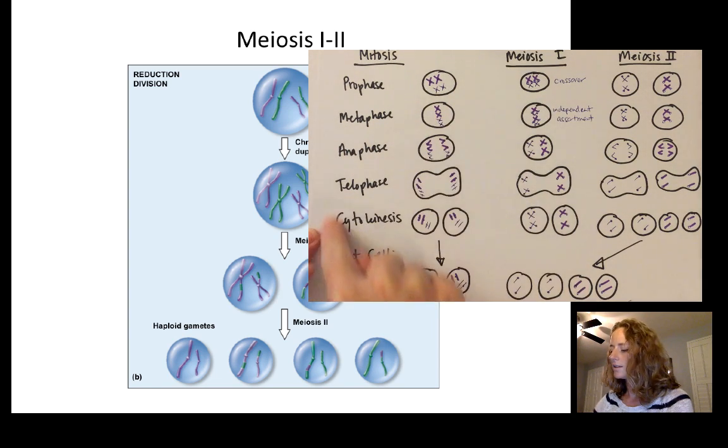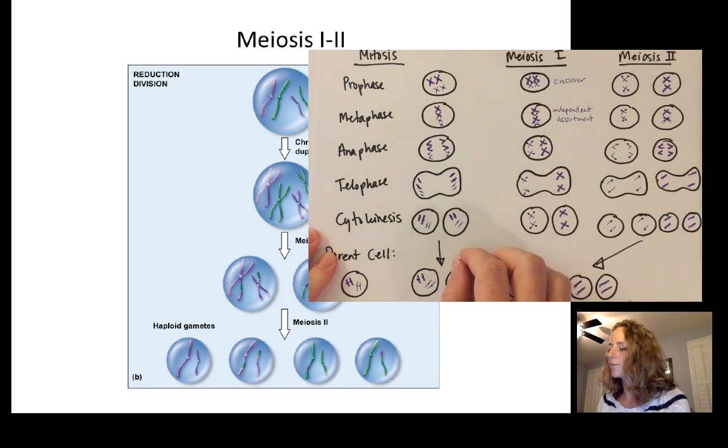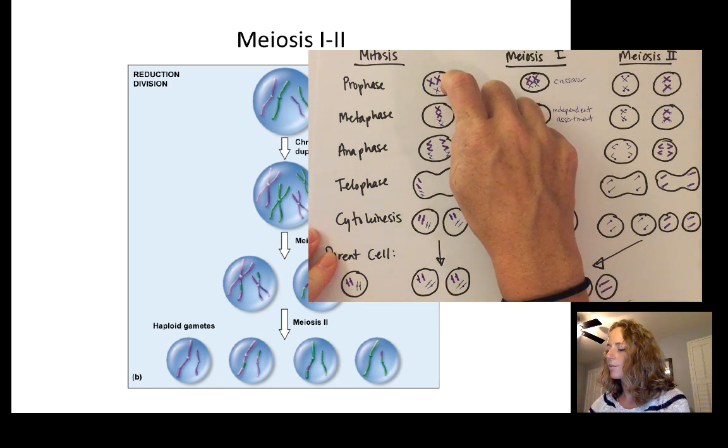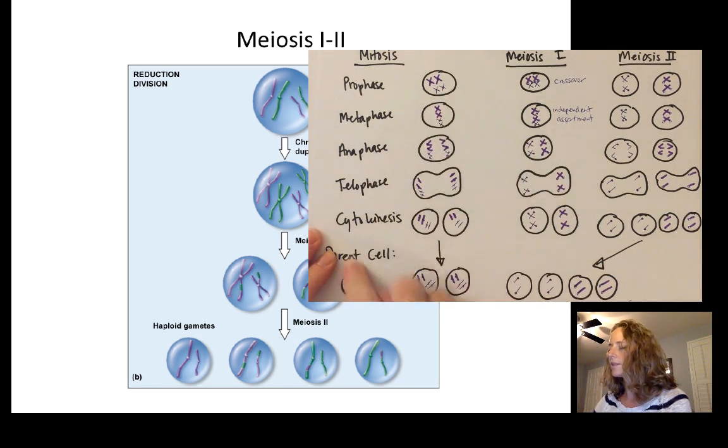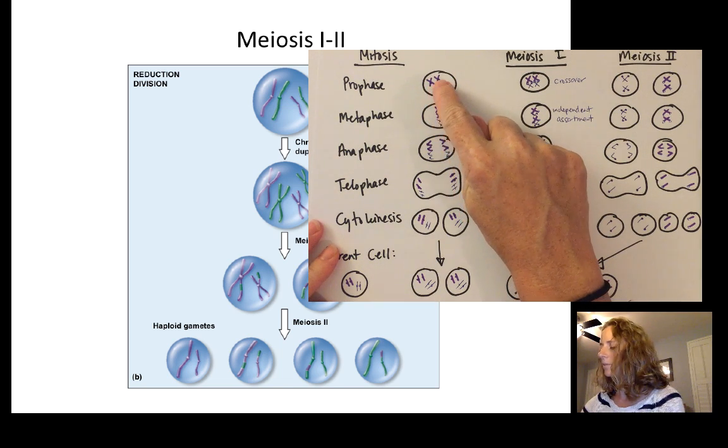So here is regular mitosis, and I'm just showing 2 types of chromosomes, chromosome 1 and chromosome 2. Mitosis happens in diploid cells. So we start out with a parent cell that's shown here that has 2 copies of each type of chromosome. I've only drawn 2 types. Maternal homologs in purple, paternal homologs in blue. That parent cell then undergoes DNA replication before mitosis begins, and then we get these duplicated